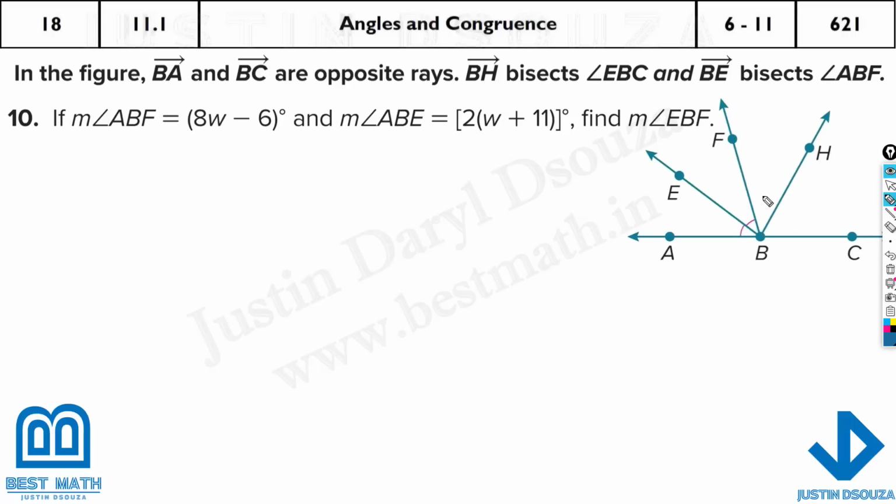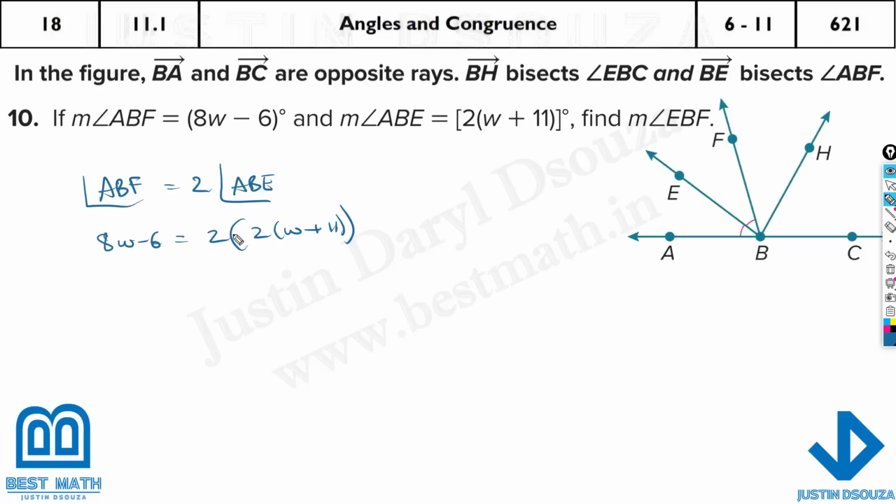Now let's look at this one. What do we have? ABF, the whole, is given, and ABE is given. We need to find the measure. Just like what we did a while ago, ABF is the total, which is equal to 2 times the smaller angle, because they both are equal, ABE. Now ABF is 8w minus 6, and that is equal to 2 times